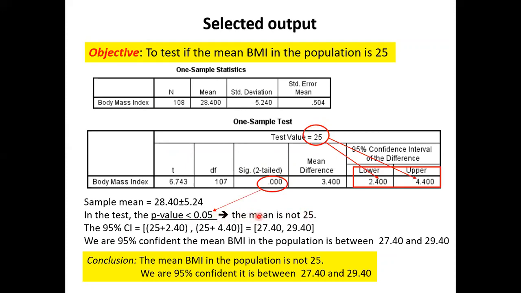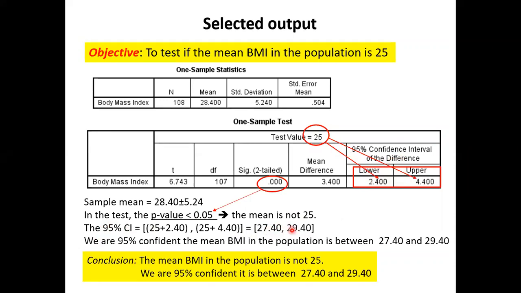When I say the mean is not 25, the next question arises: then where is it? Let's say Ah Chong is not in the class. The next question is, where is he now? So if the p-value is less than 0.05, we say the mean is not 25. Then where is the mean? What do we do? Take this 25 and add the lower and upper limits for the difference. When you add this, we get this value.